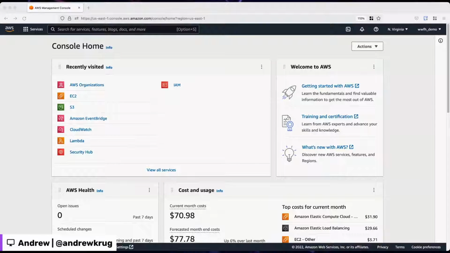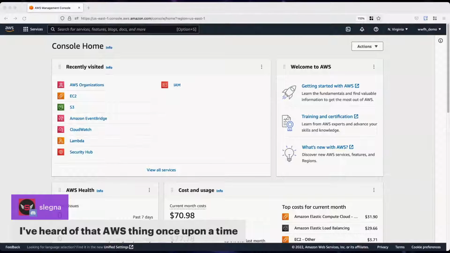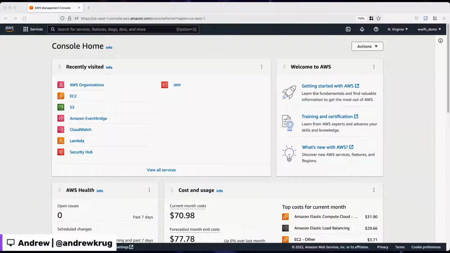If you have questions as we walk through this, definitely surface those. Somebody said, "I've heard AWS was a thing once upon a time." Yes, I think AWS is indeed a thing. In fact, I think it's like a $700 trillion thing now. I don't know if anybody knows the exact last public revenue number, but the amount of money in cloud compute is insane, which is why attackers are going after it, polluting the supply chain to steal developer credentials and all this interesting stuff happening in the world.